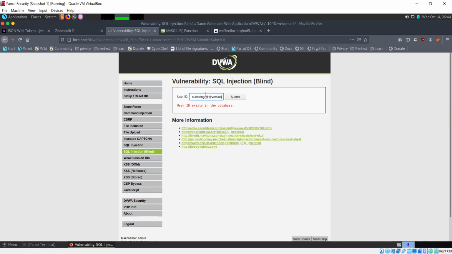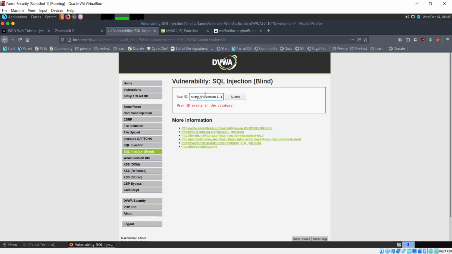Which character do we want to start our substring from? First character. How many characters do we want to take? Just one, because in this case I just want to see what the first character of the version is. Earlier, we got the entire version just by one command.